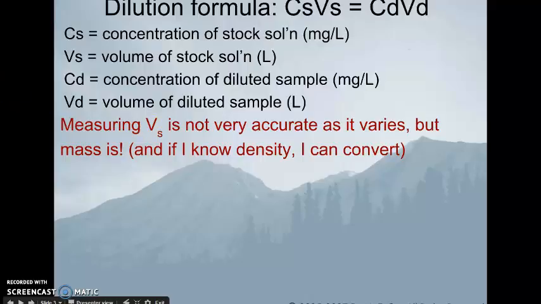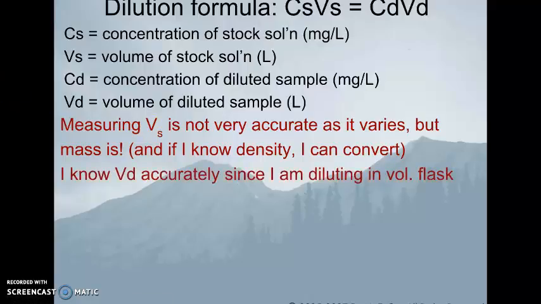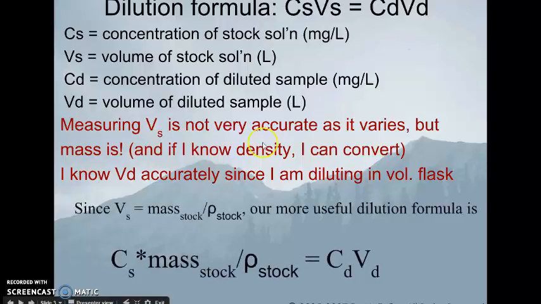So we're going to tweak our dilution formula into something a little bit more useful. I know what the volume of the diluted soda sample is, since I know I'm diluting it into a volumetric flask. So I'm going to know what that is, so probably 10.00 milliliters. Since I know that the volume of the stock solution is the mass of the stock solution divided by the density, just looking at the units tells me that,